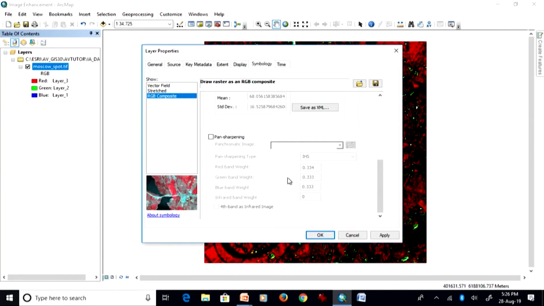Again there will be a backward transformation, and then you get an RGB false color image in which the intensity image is coming from high spatial resolution panchromatic data. In this software this can be done very quickly, and that is what this option is, pan sharpening. So pan sharpening can be done here.